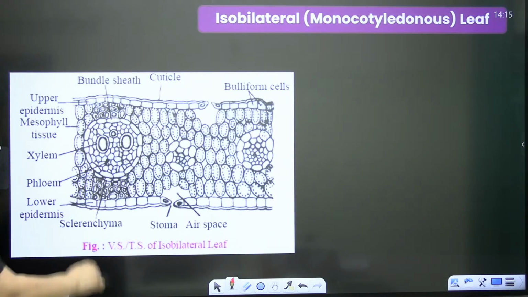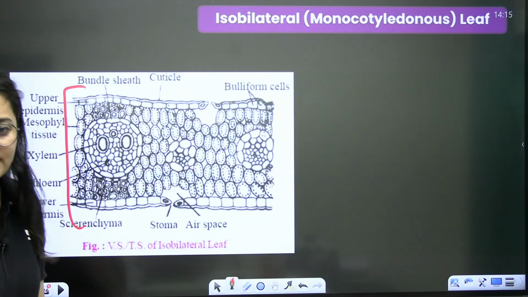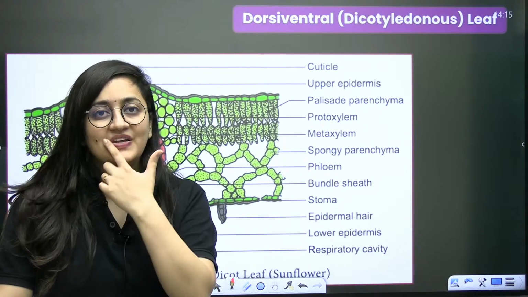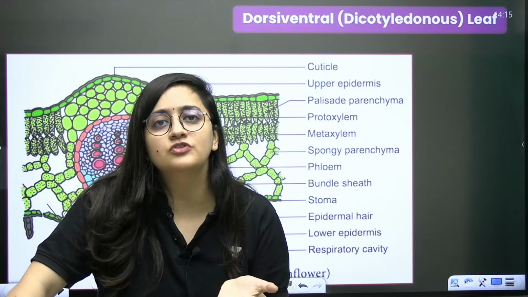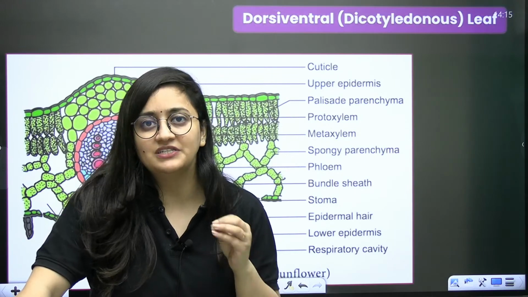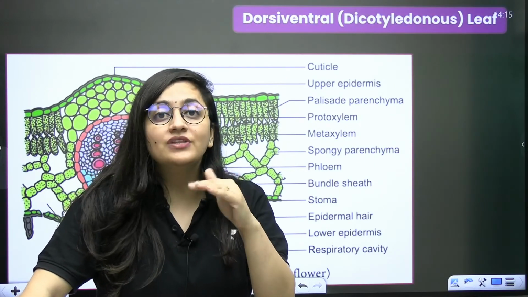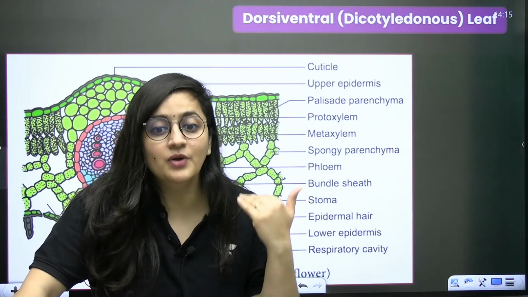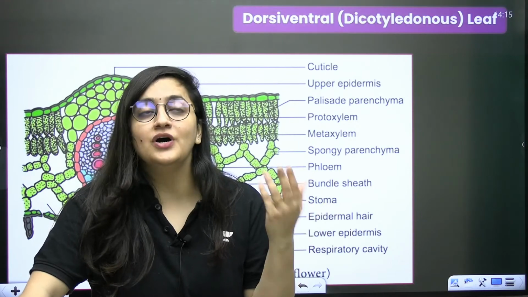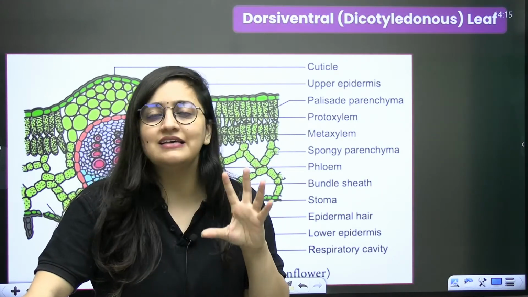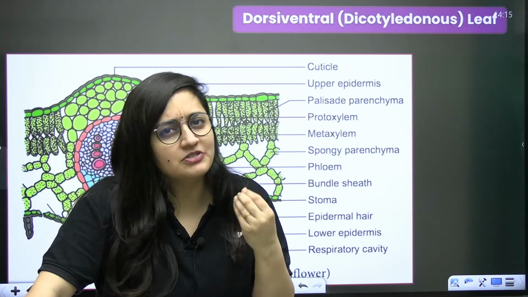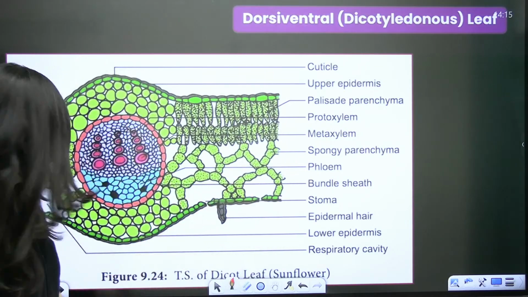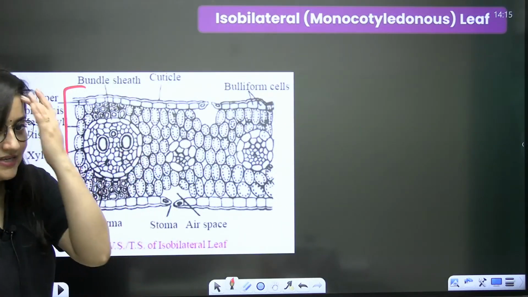So next is the monocot leaf, isobilateral. From both the sides it's all the same. And yes, in the dicots even the stomata distribution is different. The lower side will have more stomata, the upper epidermis will have fewer stomata. Why is the lower side having more stomata? So that water loss due to transpiration will be less. Gaseous exchange will be proper, but the water loss will be less. Upper side sometimes has no stomata, or very few. But in your isobilateral leaves, both sides have the same stomata.